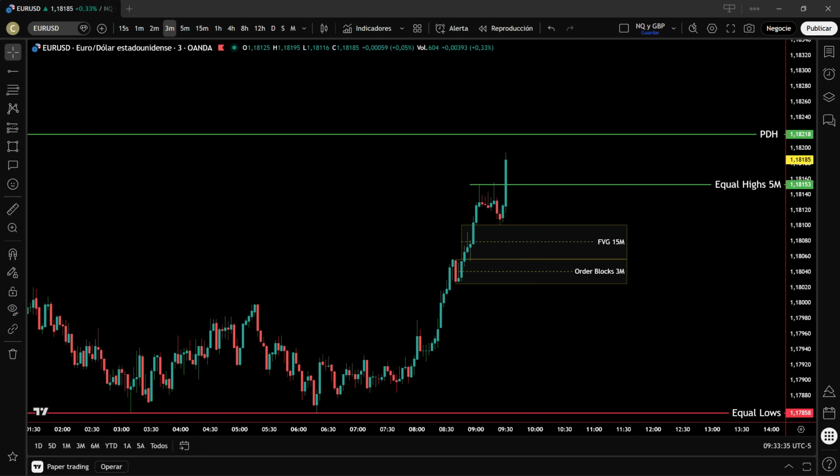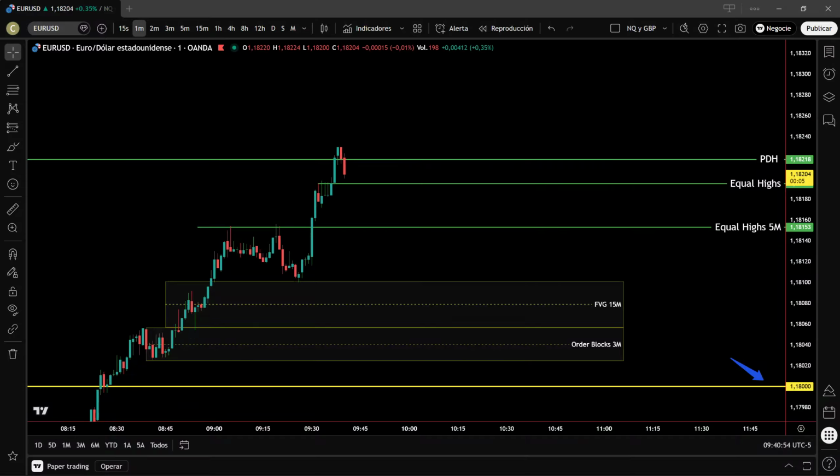during retracements. Observe that price is expanding decisively, but we now have two confluence zones, the 15M FVG and the 3M order blocks. As long as price remains above these levels, our projection remains bullish, targeting the external liquidity residing at the main PDH. Exercising patience and waiting for a retest of these marked zones will be the key to a low-risk entry. We are now switching to the 1-minute timeframe, placing ourselves right in the heat of the New